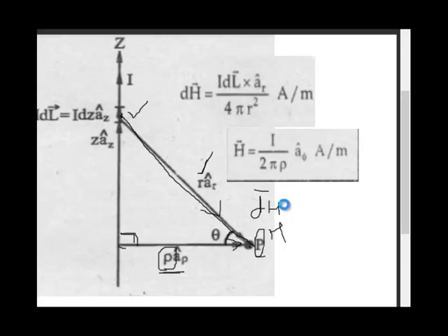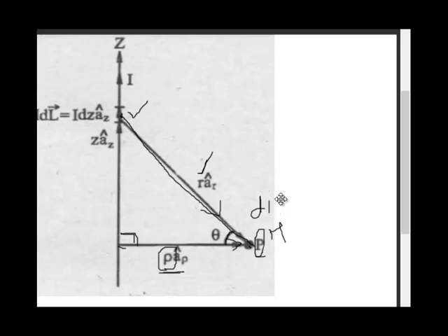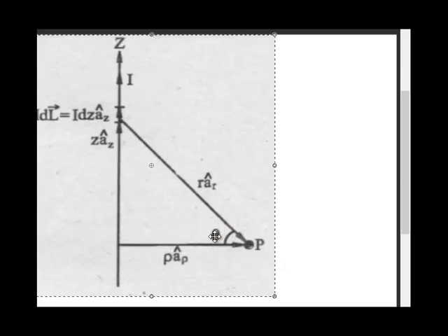So this is about the magnetic field intensity due to an infinite current filament carrying a uniform current. In this case we have considered the infinite current filament, but the case may be different. The current filament may be finite or semi-infinite. So we will consider both the cases. If the current filament is semi-infinite, then we have to consider another figure. Let me put that figure.